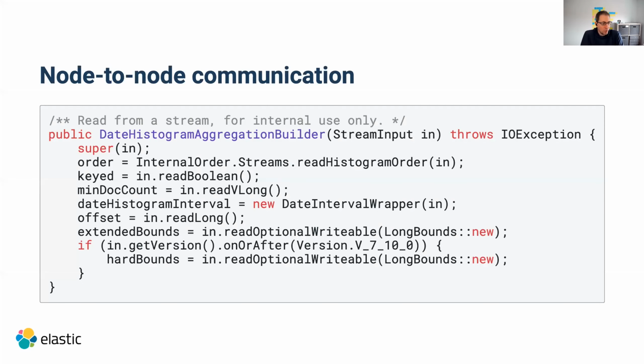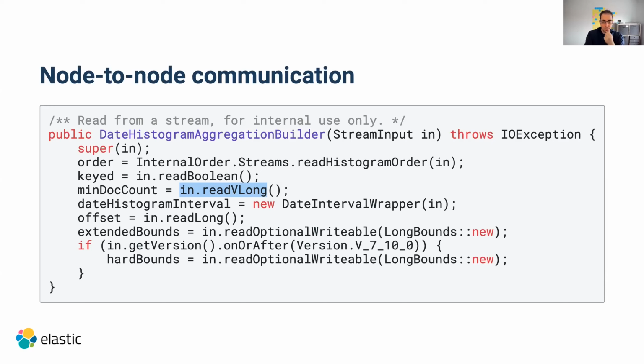So let's dive into a little bit of code just to explain some concepts. For example, the node-to-node communication here. There's a dedicated object. It's a stream input and a stream output. This is basically the way we write data to streams, and then those streams get sent to the nodes. And you can see here that it has a couple of helper methods, like you can read a Boolean. A Boolean is written as a byte over the wire. That is either 0 or 1. You can read a long variable. This one is a vlong, so it's a variable length encoding, which means if min.count is a small number like 0 or 1, we don't need to write 8 bytes of data over the wire. We just